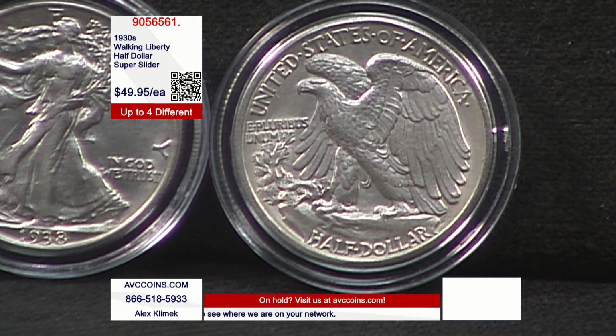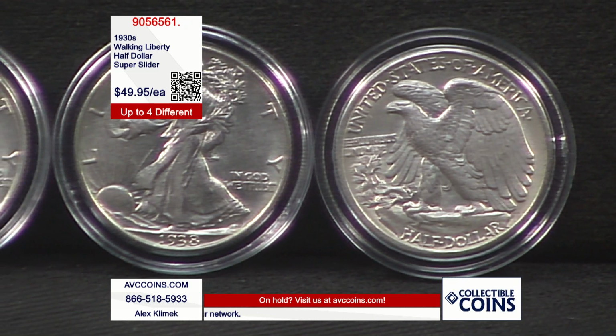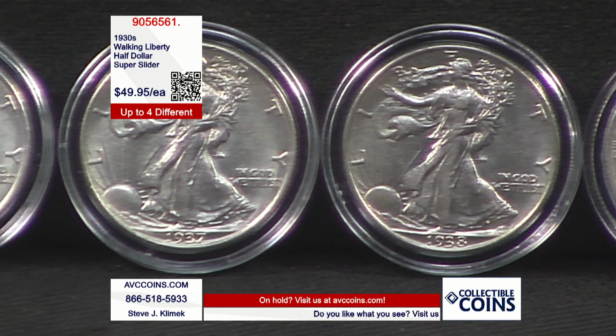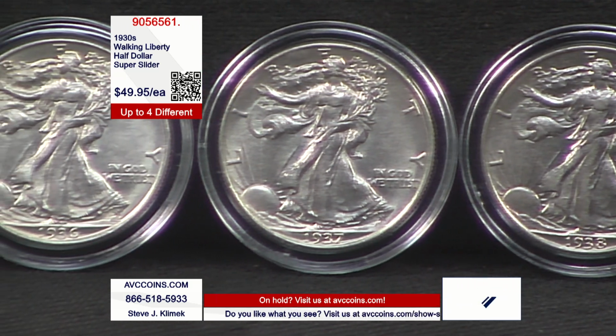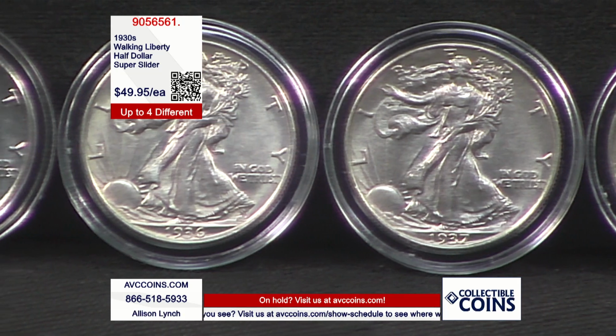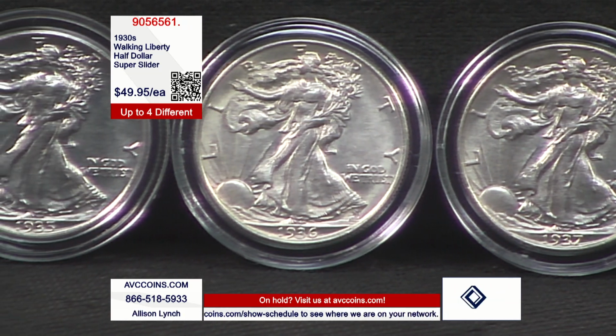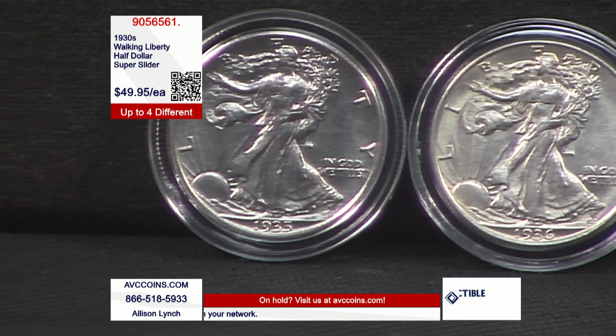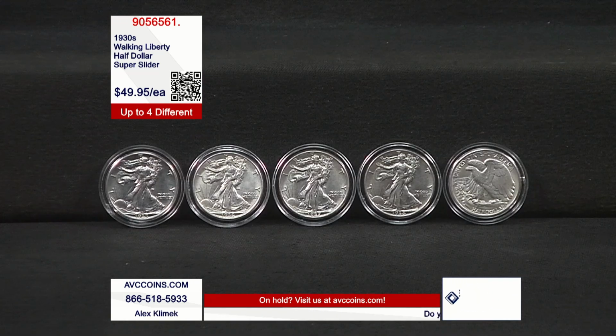$49.95. Now, if you're familiar with the Walking Liberties during the 1930s, that up to 4 different matters, because they only made them for 6 years, 34, 35, 36, 37, 38, and 39. And tonight, the grouping that we've been buying slowly over the last 6 months, we can do up to 4 different coins. And you might get lucky and get a 35P and a 35D or an S. That includes branch mints, which in the 1930s are big premium coins. But they're all part of this family tonight. Our price, just